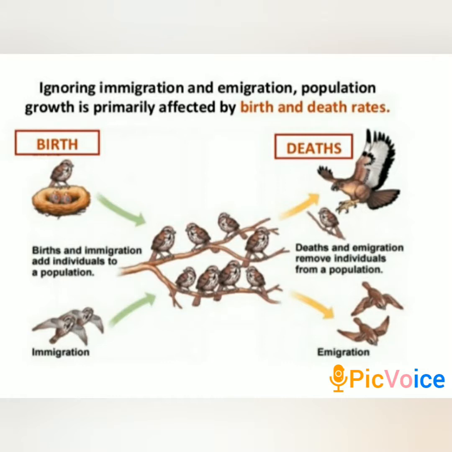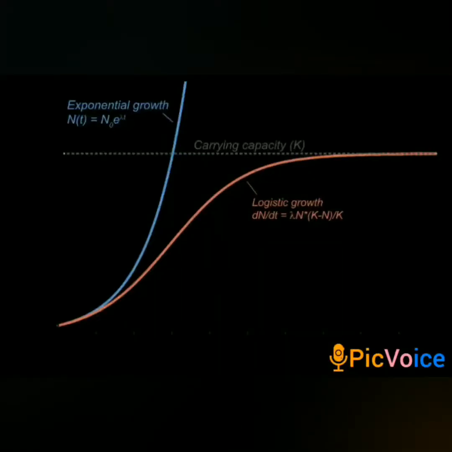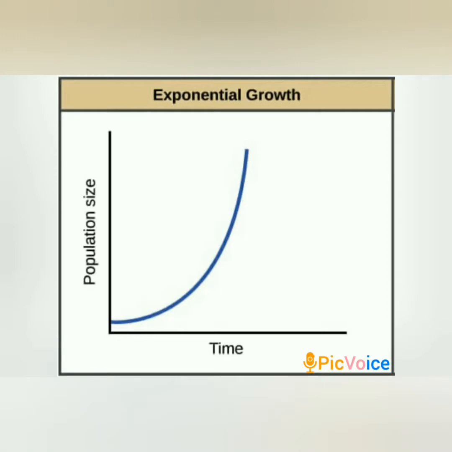And immigration refers to the settling of an organism in one region, permanently or temporarily, coming from another region. Population growth is of two types. The first one is exponential growth. It is also known as geometrical or arithmetic growth. A population shows exponential growth if there is no limitation on its growth, that is, in an ideal unlimited environment. Here there is an increase in geometrical progression.